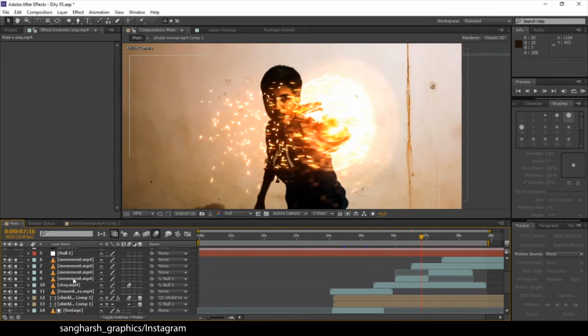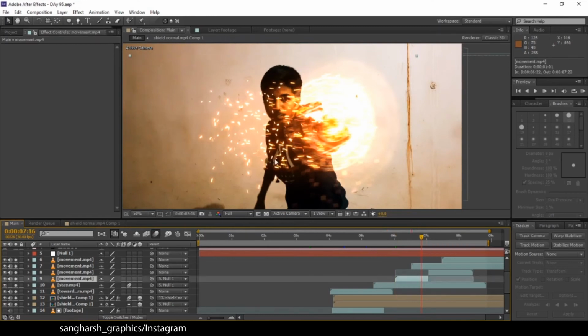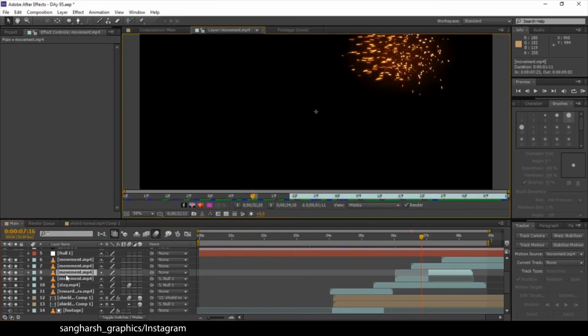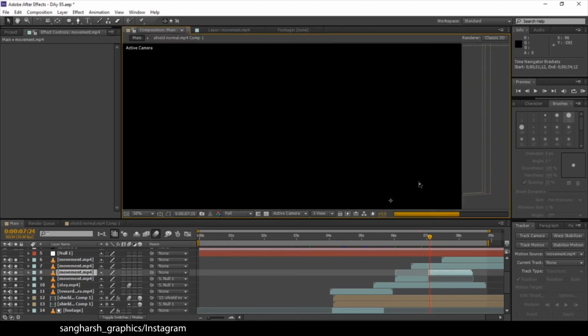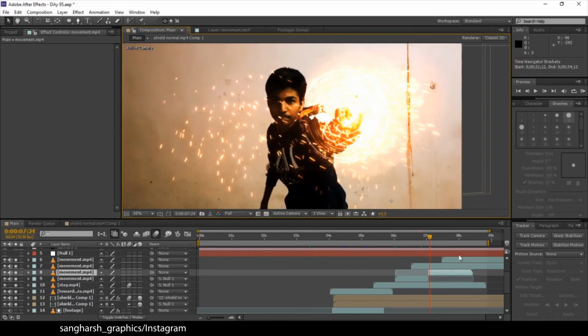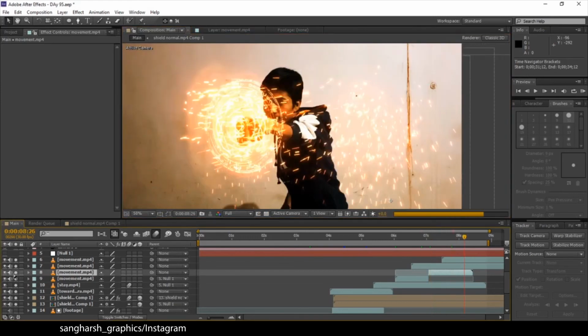The names are given, like this one is the movement, so you can see it seems like the particles are moving. These are the particle clips, so you can just adjust them according to your footage. So I have done that, and all of the particles are adjusted.